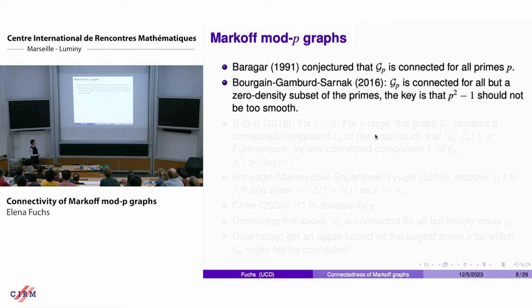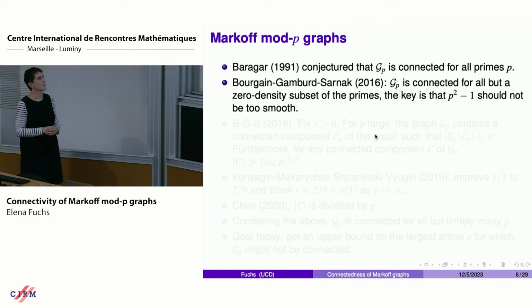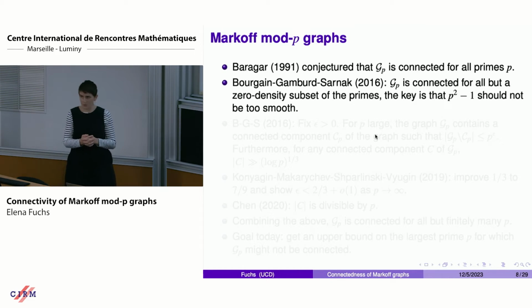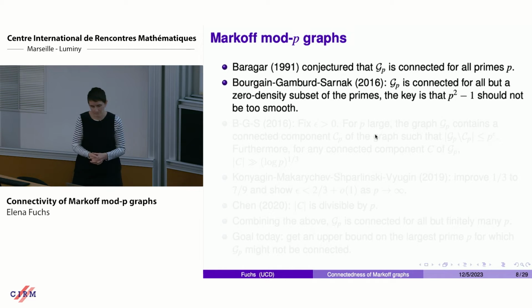subset of the primes. As far as what this density is, that is not something that you can easily tell from their paper. The key is, very roughly, that p squared minus 1 should not be too smooth, meaning it shouldn't have a lot of small prime factors. And again, that's not a rigorous statement. There's a rigorous statement that needs to be satisfied by the prime p for their results to actually